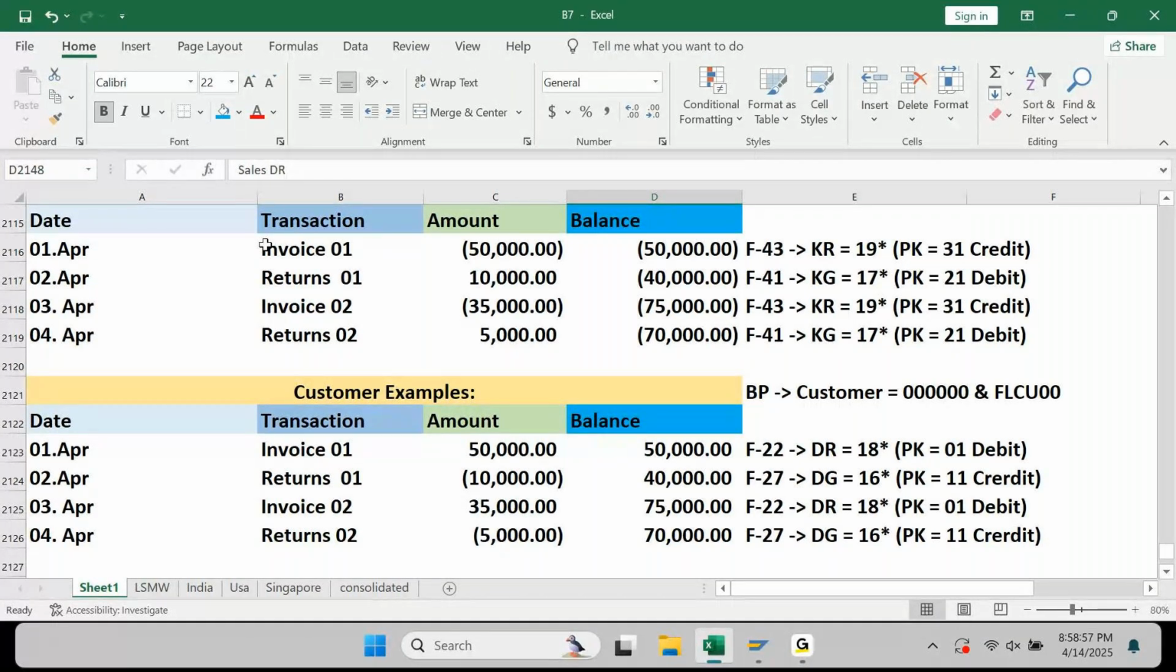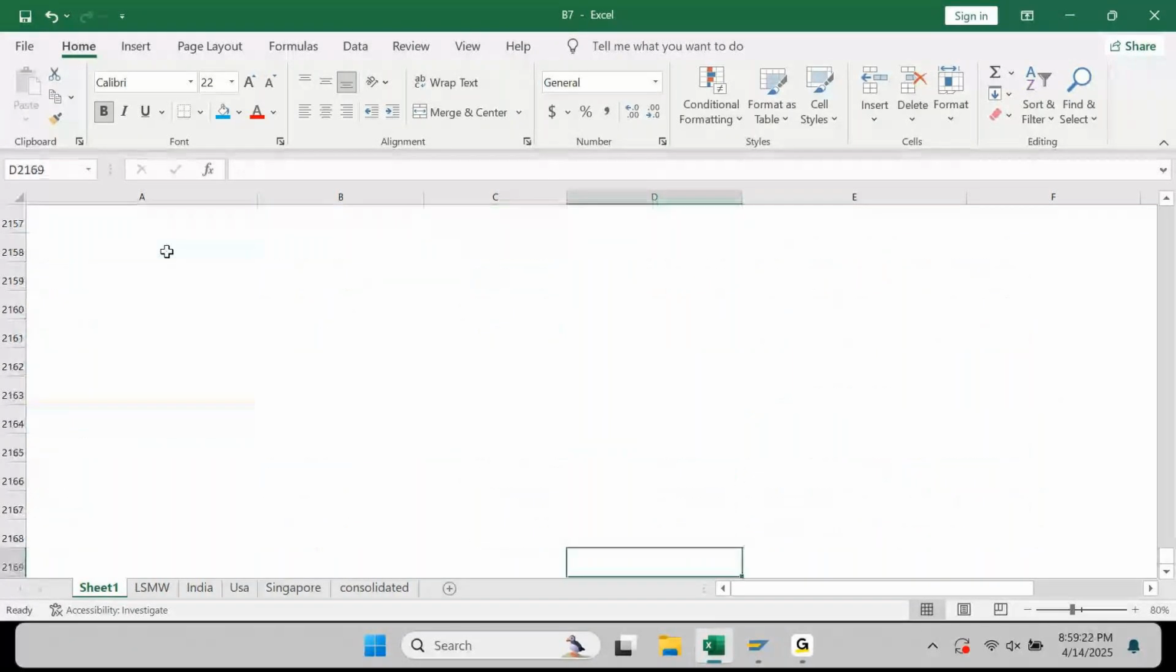When I'm booking any invoice, where am I supposed to book this invoice? Currently I have listed an invoice, I have listed a credit memo. What document type am I using here? KR, KG, and DR, DG. And these are correct, right? These are referring to this. For example,